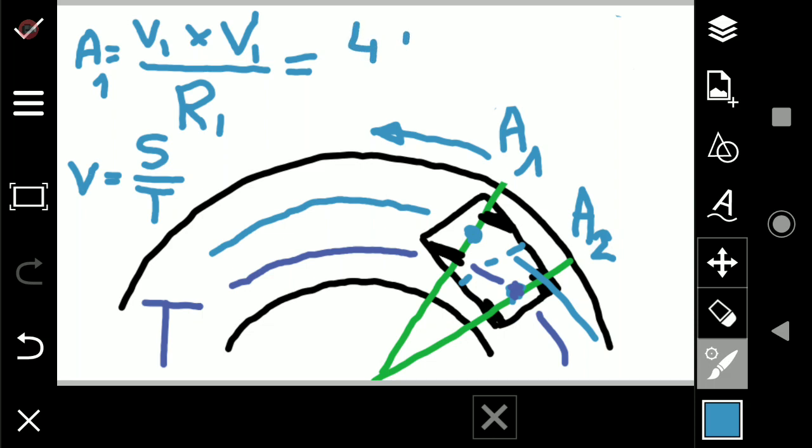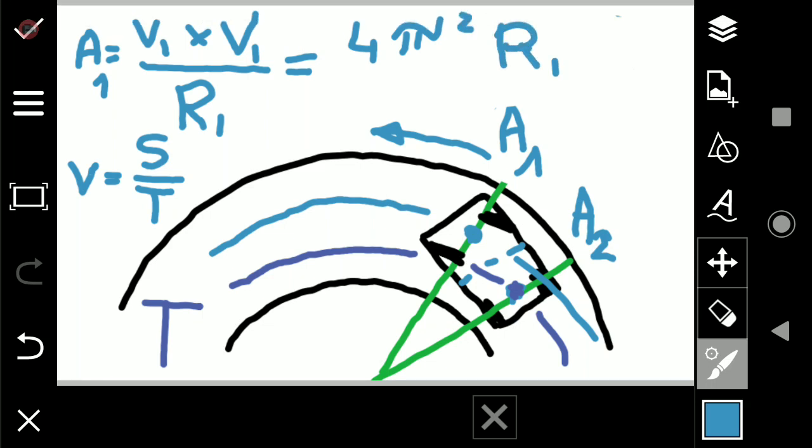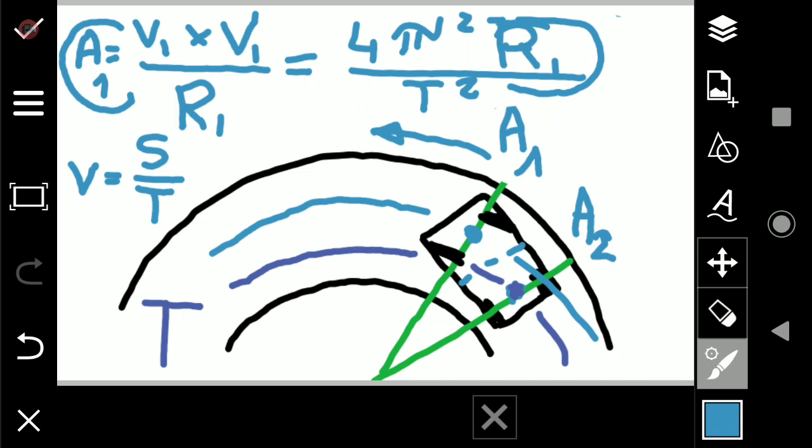For Greek p squared r1 divided by time squared. So in the end, why did I rewrite this formula in this way? The interesting part is that A1 is proportional to R1, while time is the same. I mean, it's independent from what point we are talking about. So we can write that